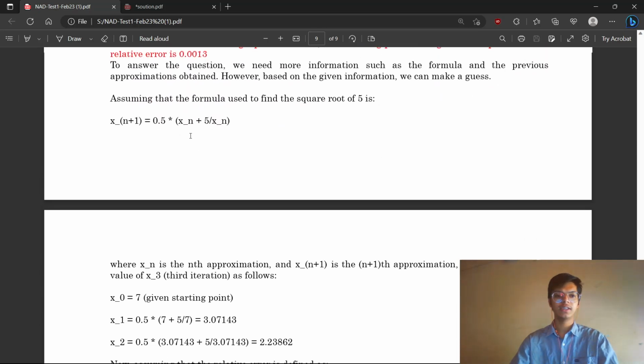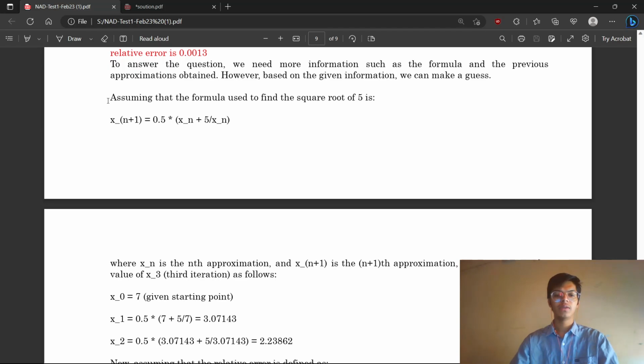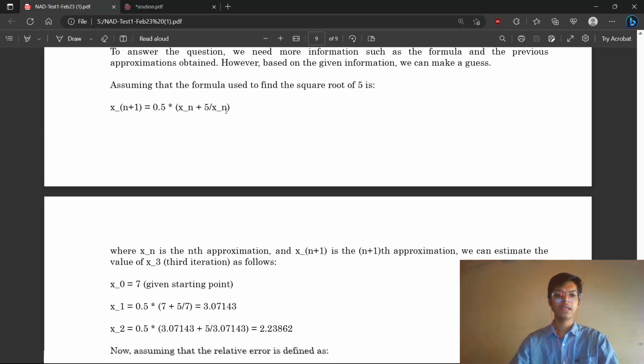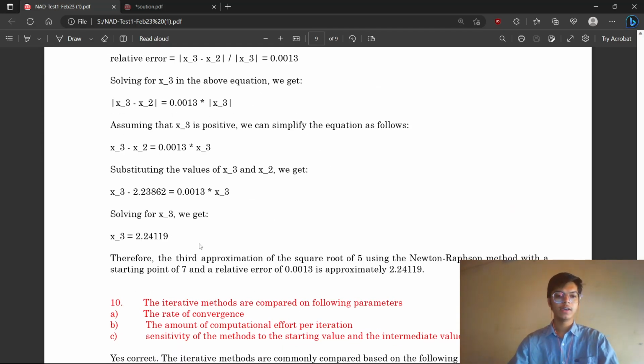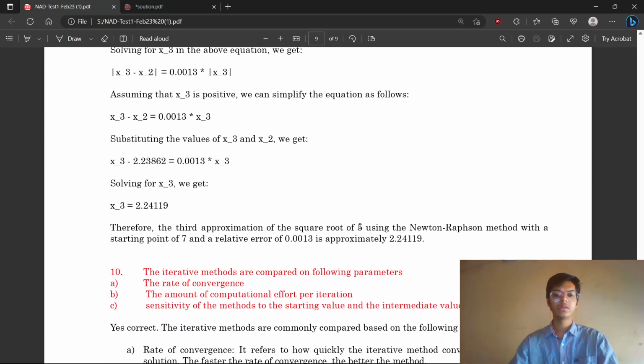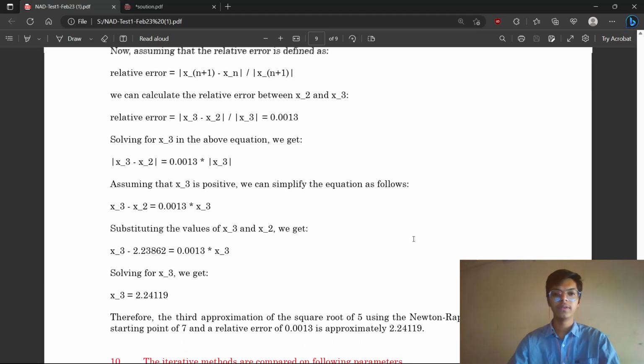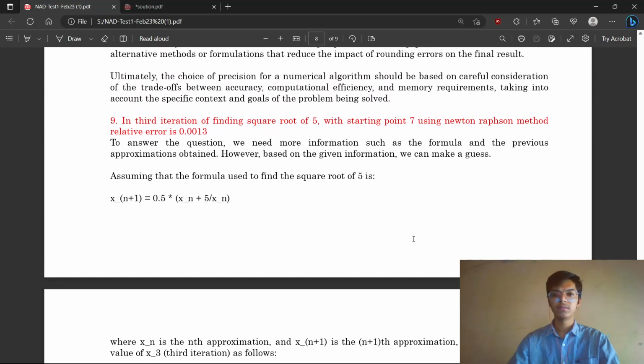Here you can see in this PDF, by assuming things, we have proceeded with this question, and the third approximation of the square root of 5 using the Newton-Raphson method with a starting point of 7 and relative error of 0.0013 is approximately 2.24119, which is